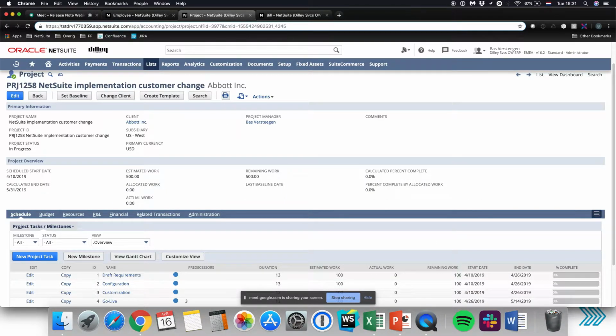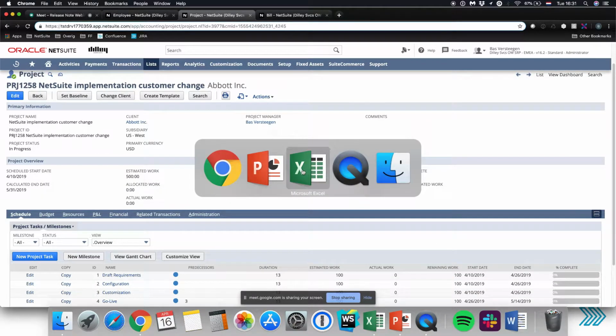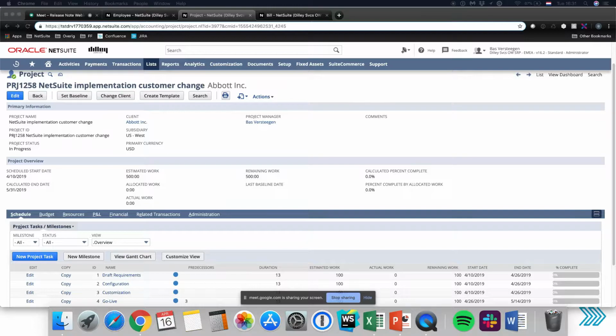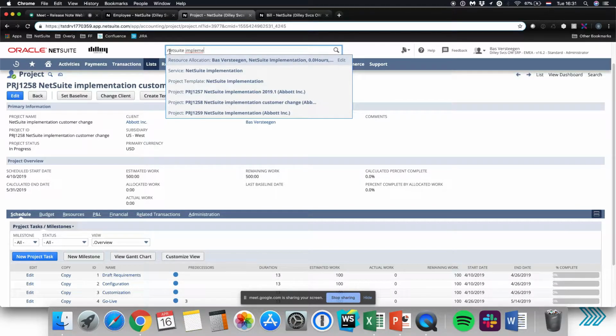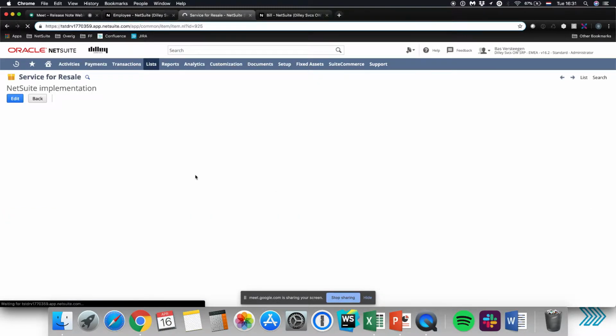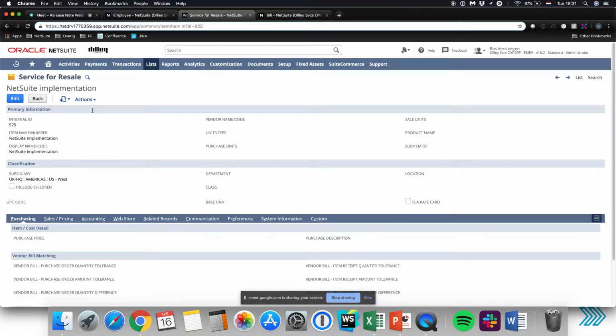To demonstrate that feature, I've created an item called NetSuite implementation. It's a service item. It currently only works for service items. That's good to know. On this item, NetSuite implementation,